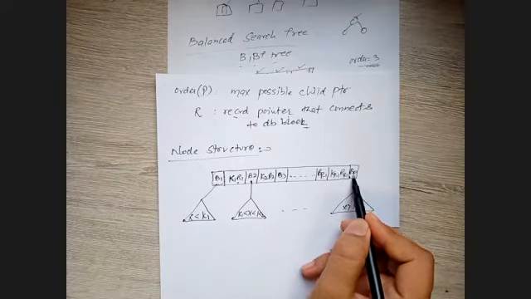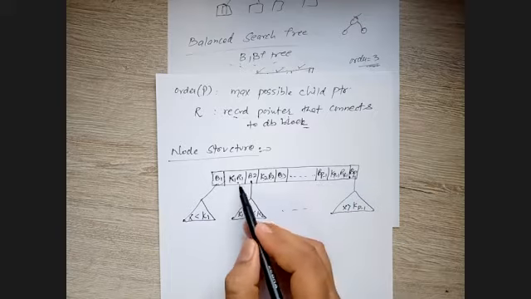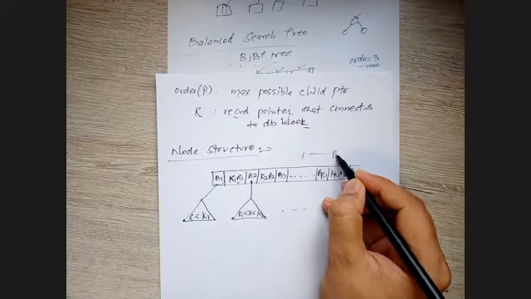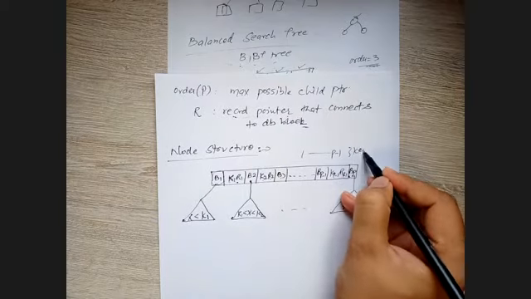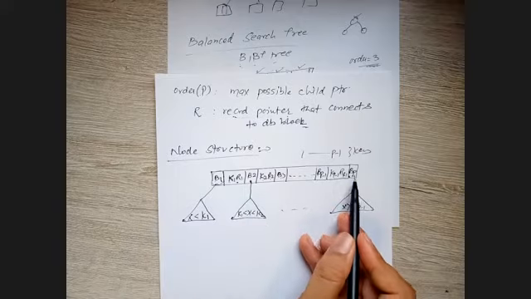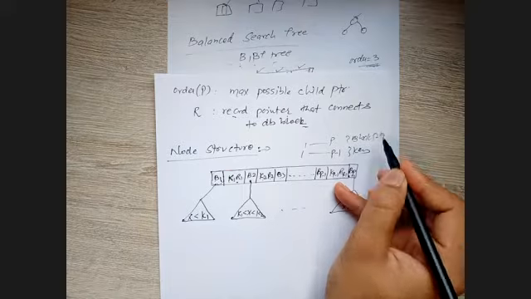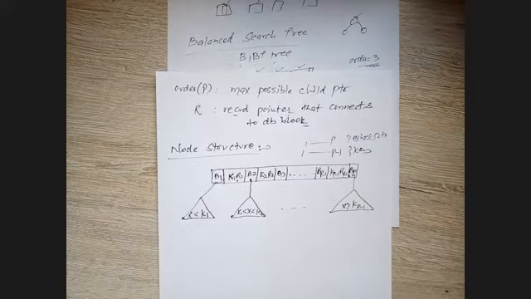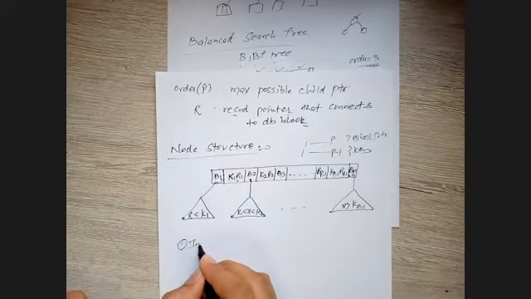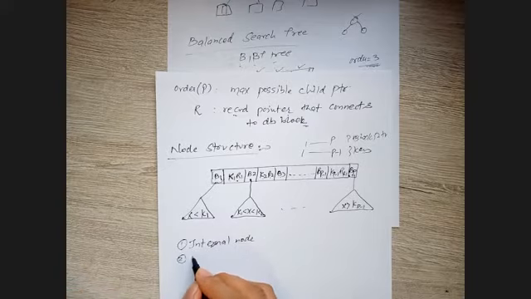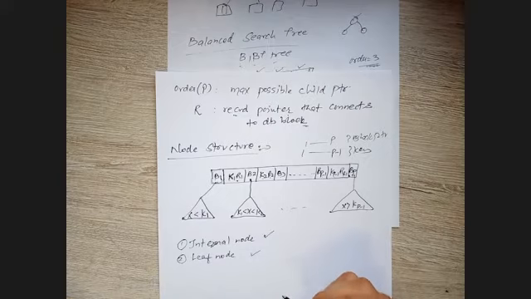There is one extra. You can see the key values run from 1 till P minus 1, these are the keys. And the block pointers run from B1 to BP, so 1 to P, these are the block pointers. Remember, in the structure of your tree, we have internal nodes, and the other is called the leaf node. Either you have internal nodes, and then we have the leaf nodes over here.